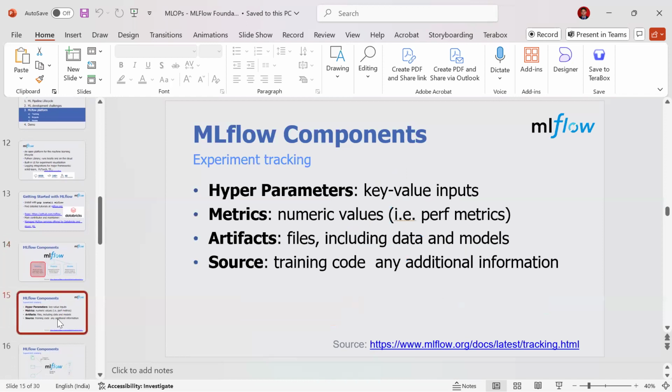And these are the things which will be tracked during the experiment, like hyperparameters. I hope you know what a hyperparameter is, right? Both of you. Every model will have some hyperparameters. Random forest will have some hyperparameters. Decision tree will have some hyperparameters. So these hyperparameters will be tracked